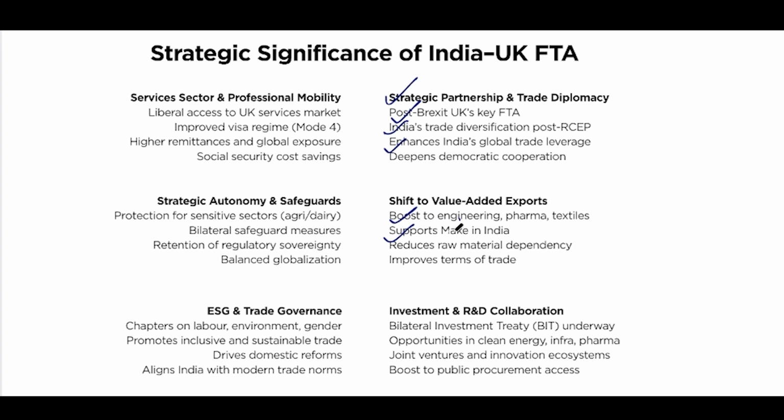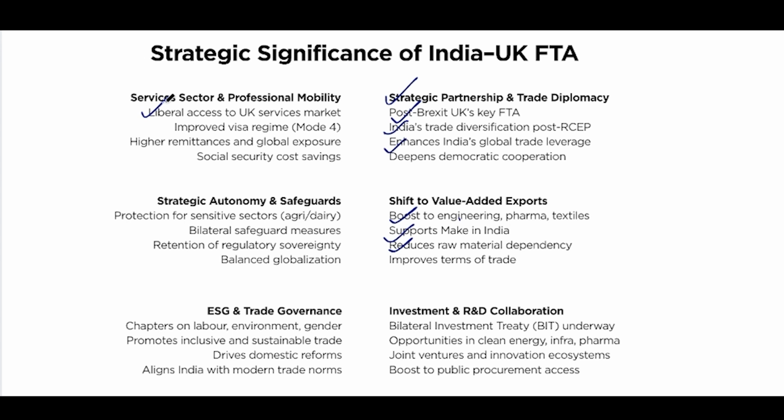This crucially helps Indian industry to earn more per unit of export and reduces over-reliance on commodity exports like raw textile or basic agricultural goods. For example, instead of just raw cotton or yarn, India can now export more ready-made garments to UK. Instead of raw leather, more finished leather products. Such transition supports Make in India again by incentivizing